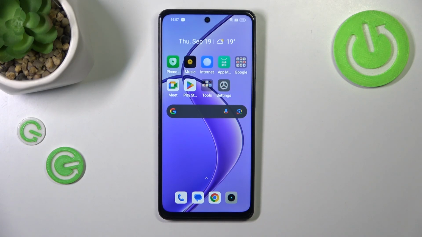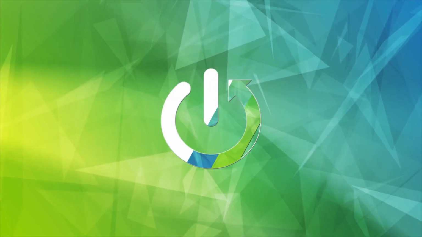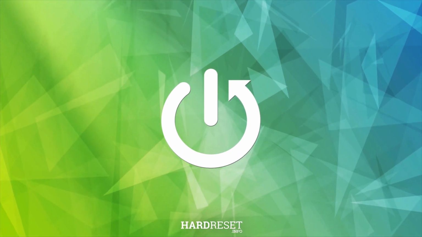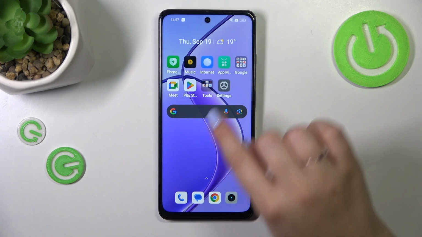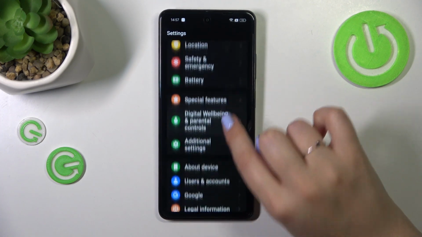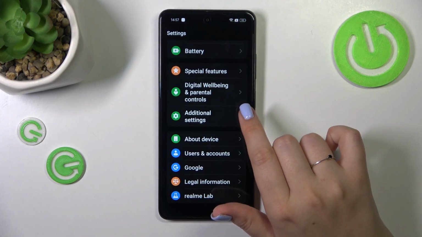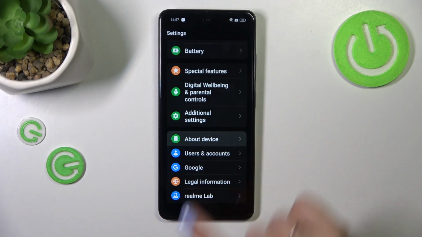Hi everyone, in front of me I've got Realme 12X and let me share with you how to activate automatic system updates on this device. So let's start with opening the settings, and here we have to scroll to find first of all about device,